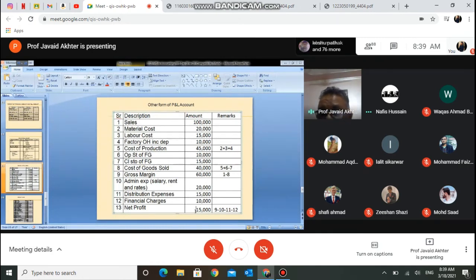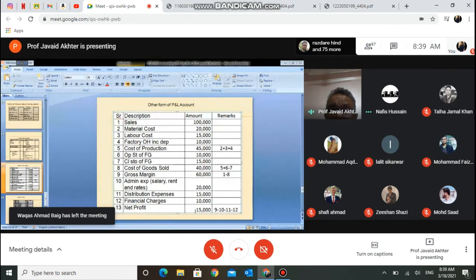It doesn't look like it is appearing on the screen. It's quite a comprehensive exercise. I have included this somewhere in my discussion, on understanding a published financial statement. There I'll explain to you how these statements look. The profit and loss account will not appear on one page. You will see in detail how it is distributed amongst the shareholders. But this is also one way, and likewise, we can prepare the profit and loss account in an alternate form.